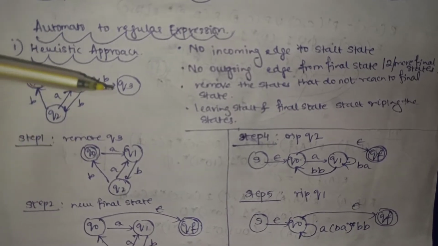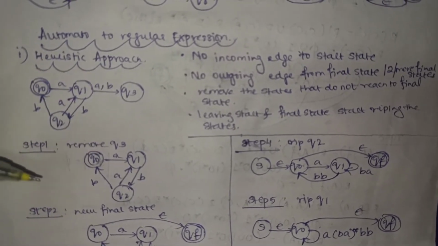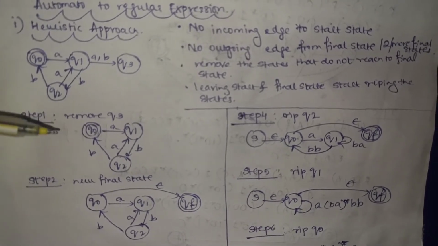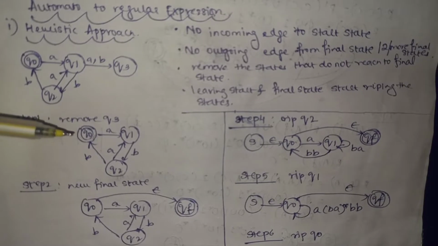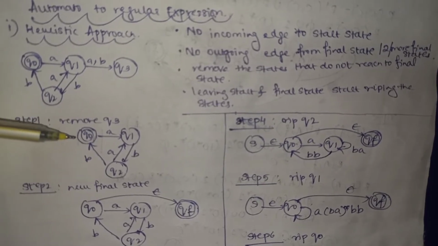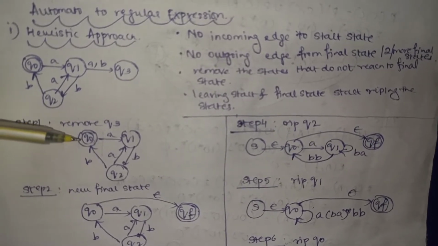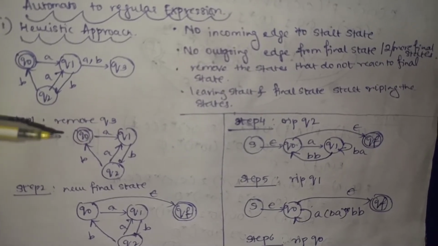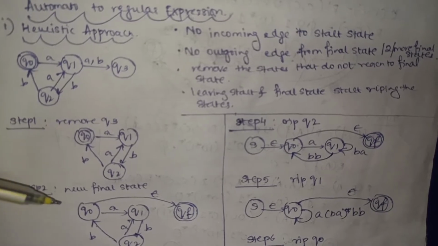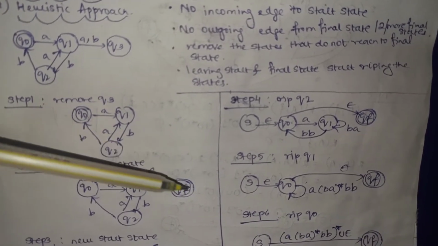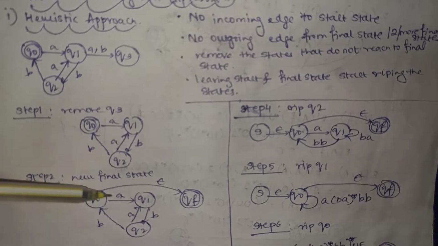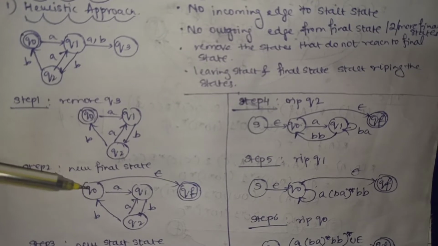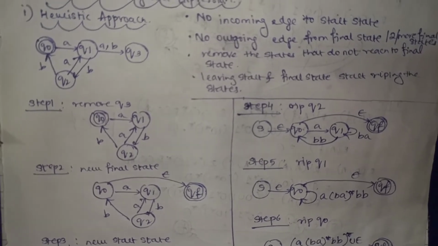Once q3 and its transition are removed, the automata will look like this, after which you have the final state. Now look at the final state. You have one final state, okay, that is good, but you have outgoing edges from the final state, that is the transition A. This can't happen, so you have to put a new final state. The new final state is obtained by having an epsilon transition to the new final state, that is QF, and this remains as it is. Since we have made this the final state, this will remain a normal state. Afterwards we'll check for the start symbol.